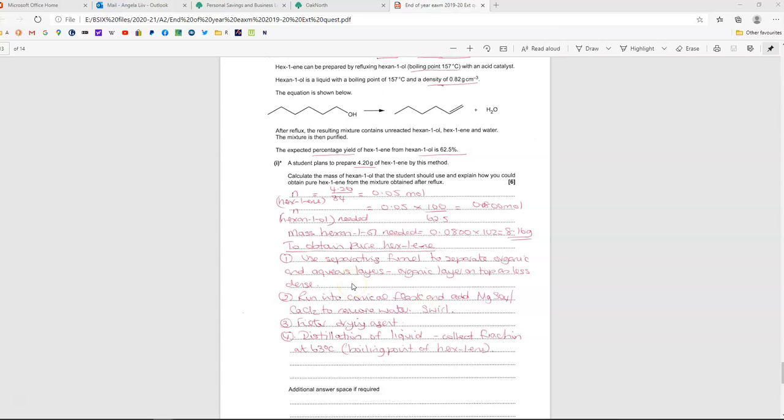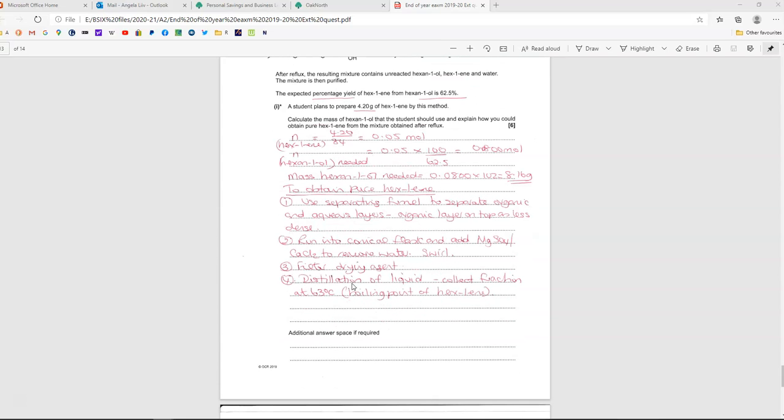But if you weren't sure, and some of you did say this, you would add a bit of water to see which layer increased, and then you would know which layer to save. So that was a valid point, as long as you recognise it was the organic layer that you needed. Then you would run it into a conical flask after you'd taken off the aqueous layer and add a drying reagent, magnesium sulfate or calcium chloride, to take the water,